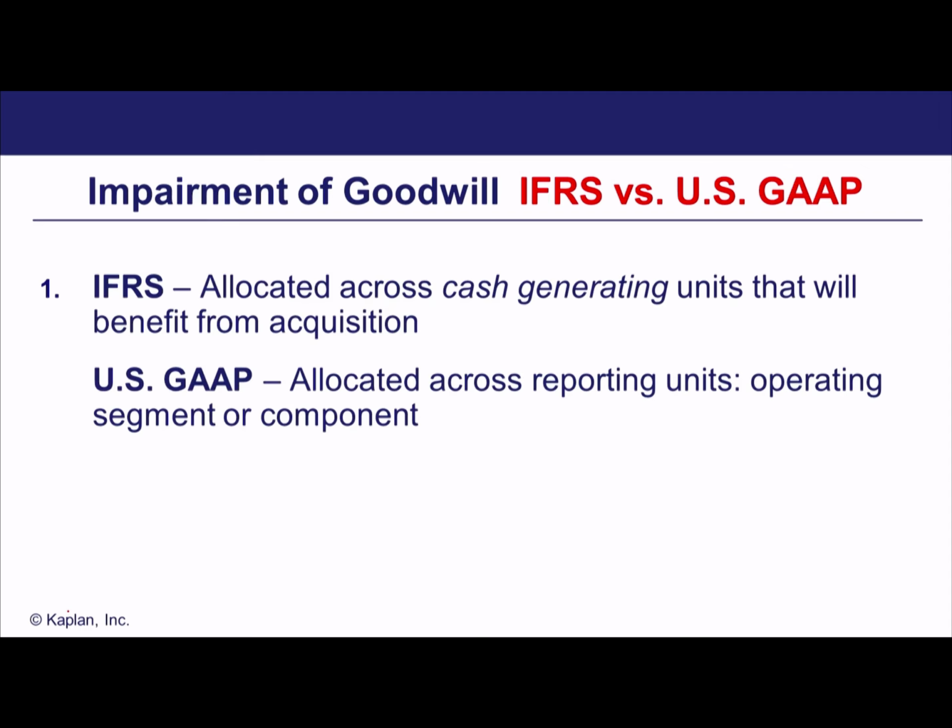If we've got this impairment, the idea is we have to share the impairment in the income statements of all of the cash generating units that benefited from the acquisition. In other words, all the cash generating units that had synergies from the acquisition. So all of them are going to suffer. They're going to see some of the impairment of this goodwill passing through their segmental accounts. US GAAP, similar idea. It says allocated across all reporting units, essentially, which could be an operating segment or a component. So largely the same idea.